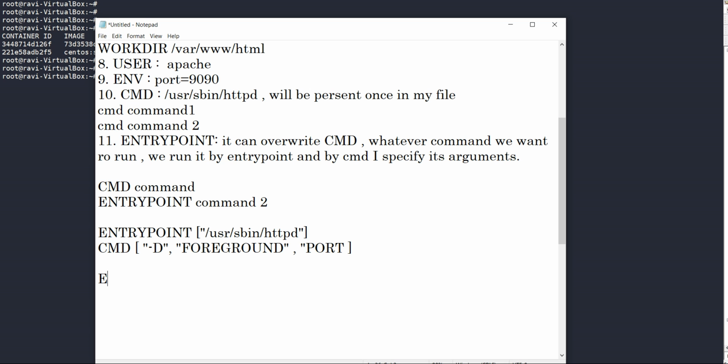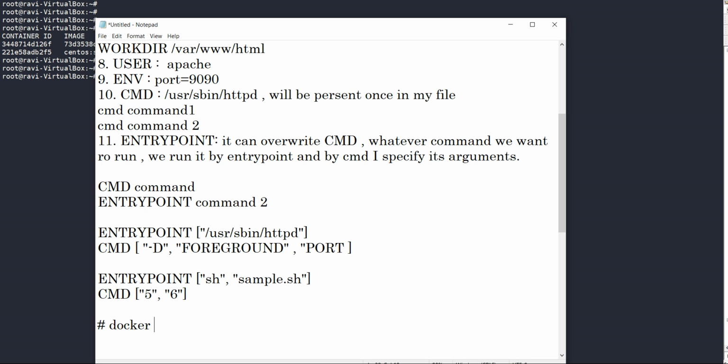Okay, let me give you an example. Suppose I have a script as ENTRYPOINT. I run a script, sh sample.sh. This is my script, suppose, and this script takes two arguments. In CMD, I can specify the parameters, suppose 5 and 6. These two parameters it takes. So now in my ENTRYPOINT, this sample.sh script will always execute, and it will take the CMD parameters 5 and 6. I can do one thing also.